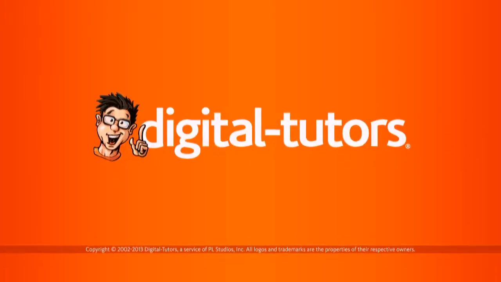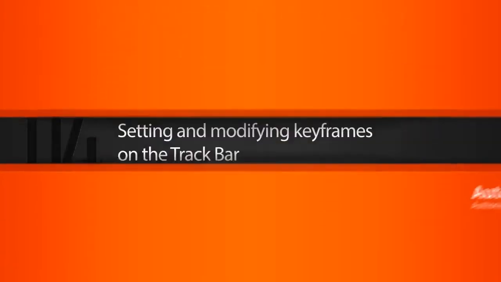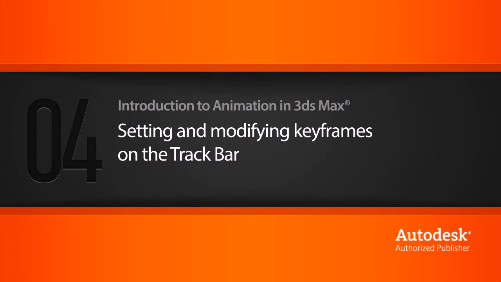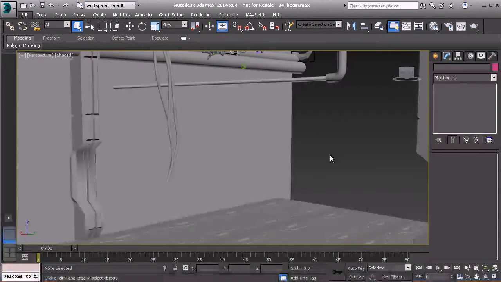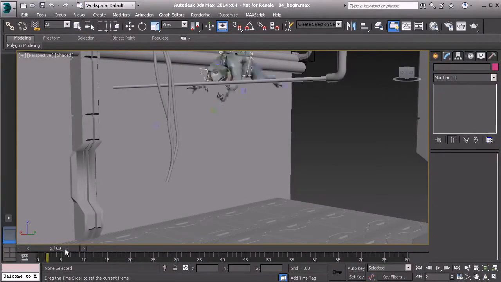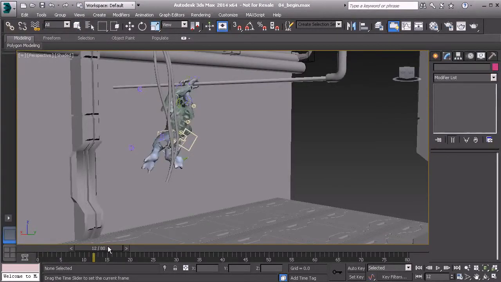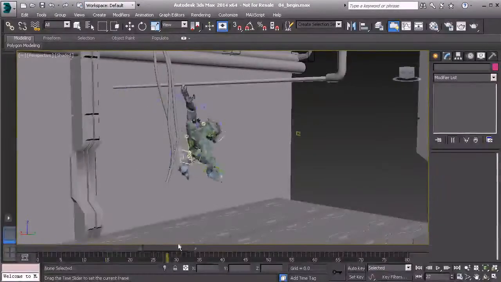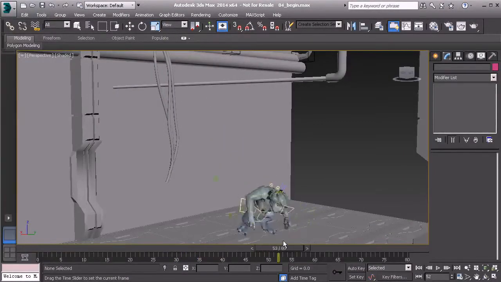In this lesson, we will learn how to set and edit keyframes on Max's trackbar. Now, there are some steps that we want to keep in mind when creating animation. Eventually, these steps will be second nature to you, but these steps are as follows. We first want to go to the frame we would like to create a pose on. From there, we're then ready to pose the character or reposition the asset we're animating, and then we're ready to